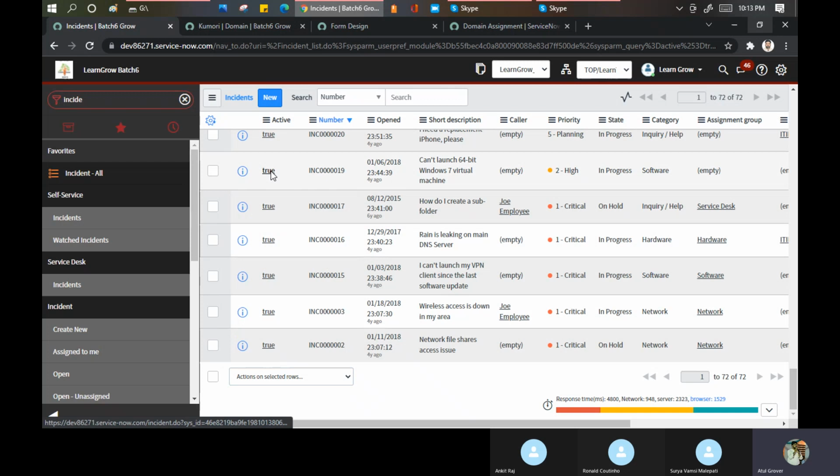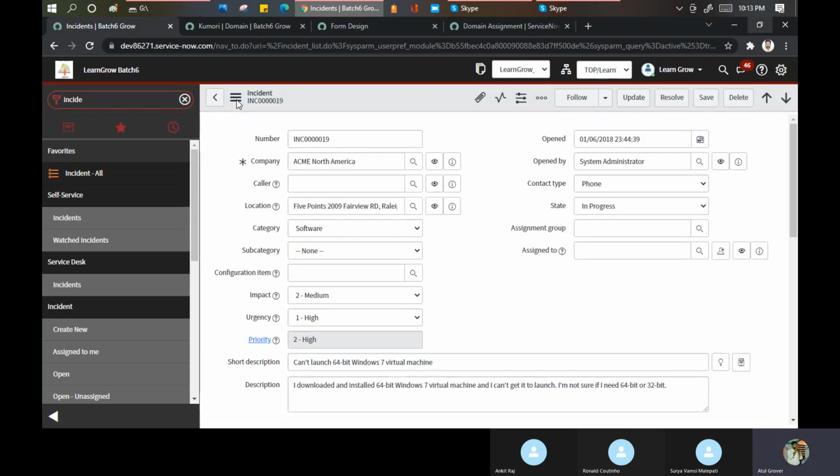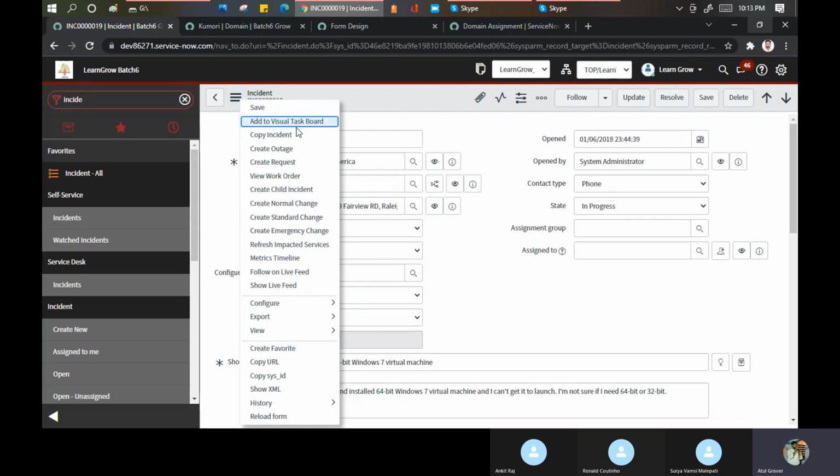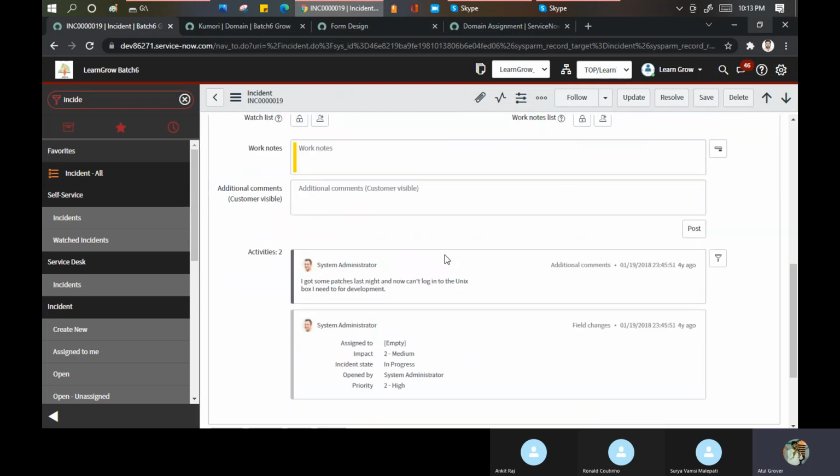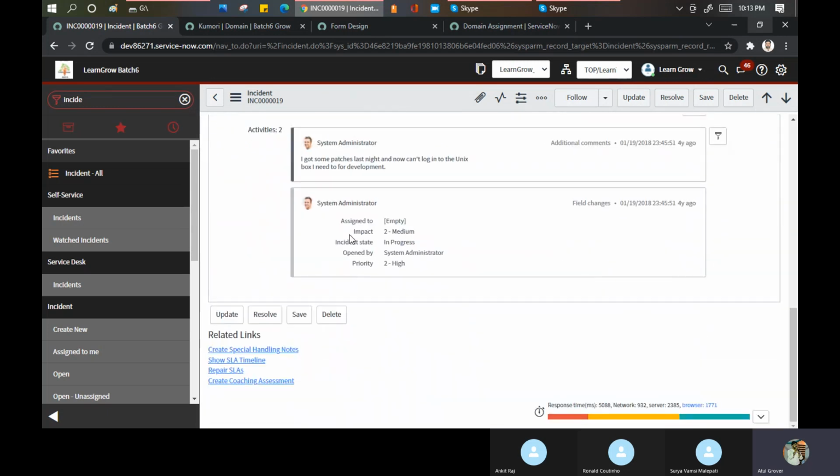Let's open any incident. If you click here, I can see these options, right? Just at a high level. I click here, I can see these options. I can see the same buttons on the top, same buttons on the bottom. Why do I need multiple options for a single form?